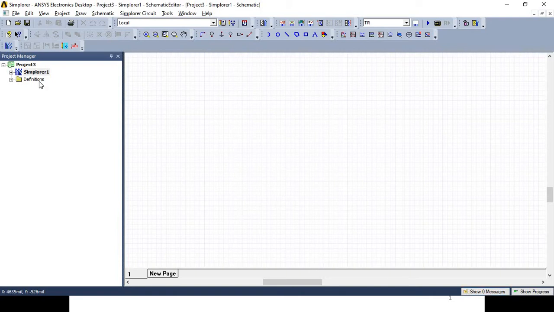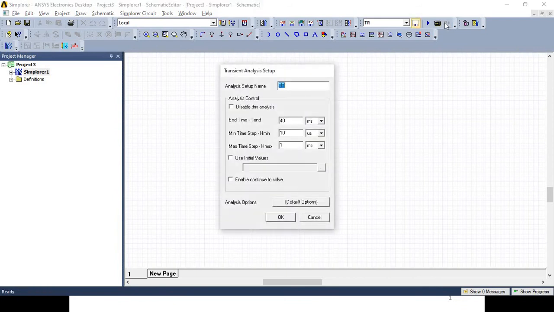In the software there are different applications for opening or selecting a new project, opening an existing example, or modifying the current project, like file, edit, view, project, draw, schematic, simplorer circuit, tools, windows, help, etc. A few options are also available in terms of symbols, like the option for new file, then open file, save file, then show the simulations that have been started by the user and are waiting in the queue, then add transient analysis setup, etc.